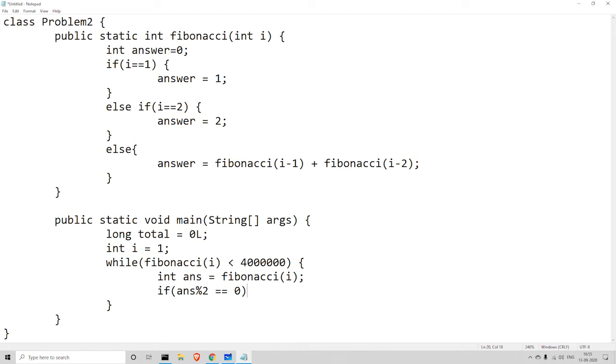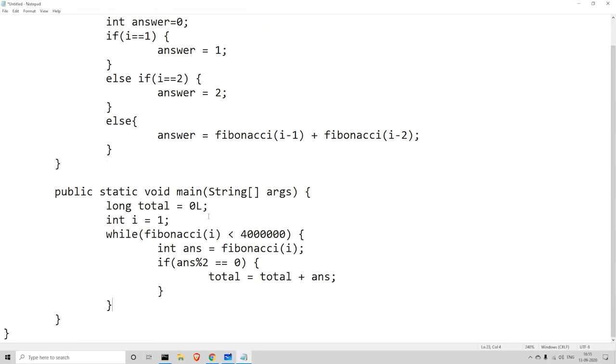That's mod. To use modulus in math you use the symbol percentage in computers. So if modulus of 2 is equal to 0, what it means is that when you divide the number by 2, it should give you 0. So when does a number divided by 2 give you 0? When the number is even. So now if it is even, what I'll do is I'll say total plus answer. Now this is the basic logic.